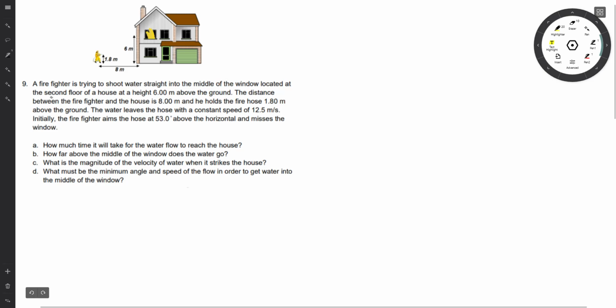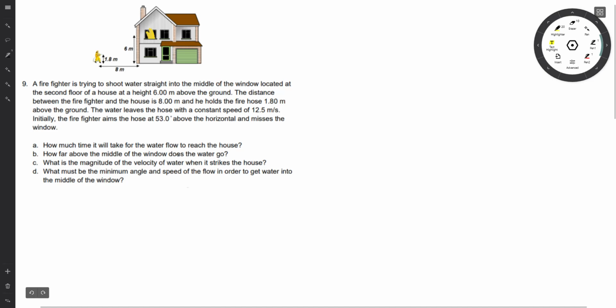Okay, so let's take a look at number 9. A firefighter is trying to shoot water straight into the middle of the window located at the second floor of a house at a height of 6 meters above the ground. The distance between the firefighter and the house is 8 meters, and when he holds the fire hose 1.8 meters